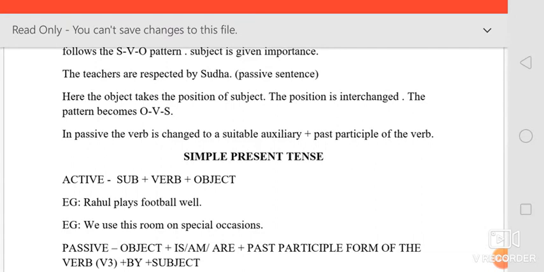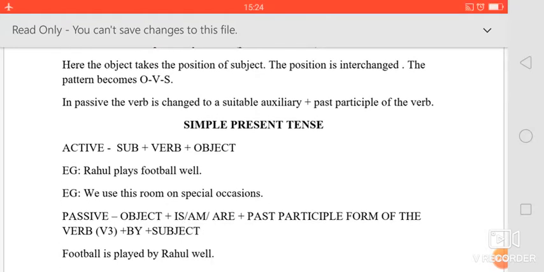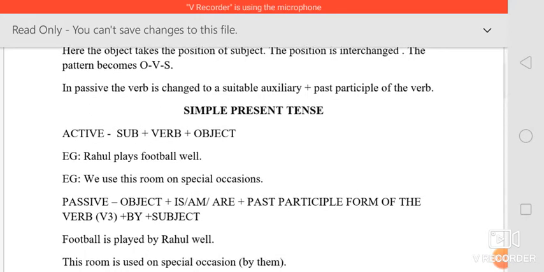ओके, अभी हम हर एक टेंस को देखना है, हमें हर एक 12 टेंस है, उसमें से 8 टेंस को हम पैसिव बना सकते हैं, वो हमें एनालाइज करना है. ओके, लेट्स मूव ऑन टू द टेंसेस. While this tense portion is clear, then it will be easier for you to convert the active sentences to passive. Okay, so let's move on to the first one, that is simple present tense.